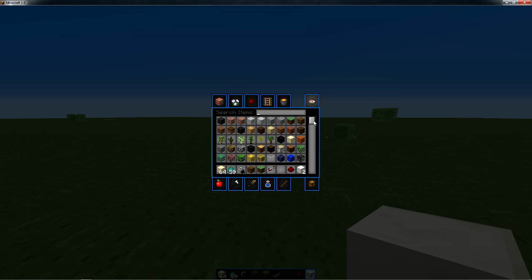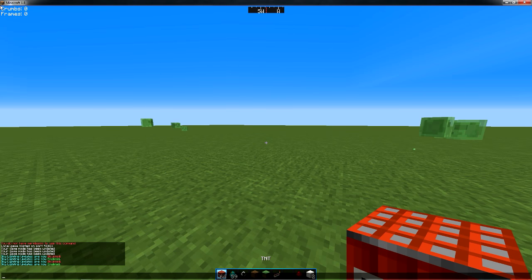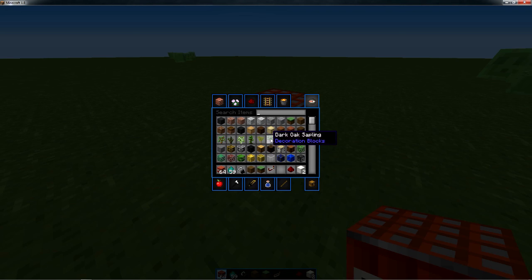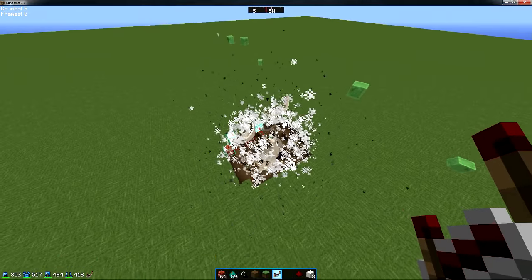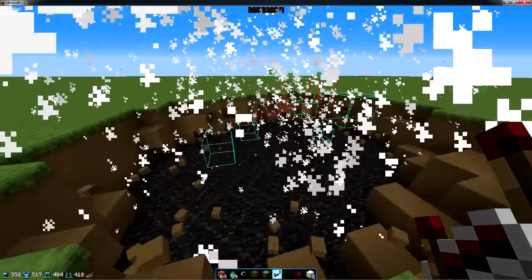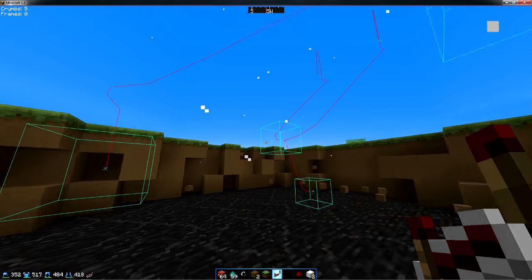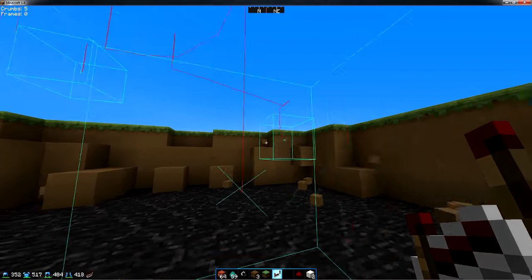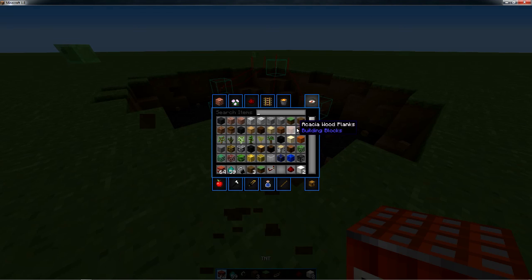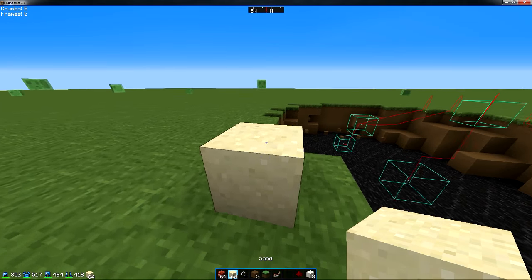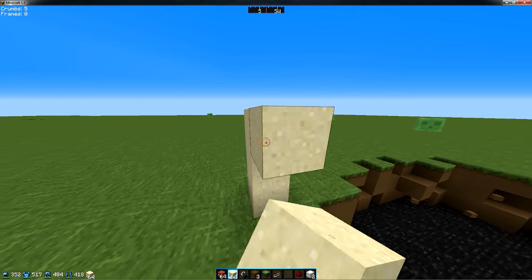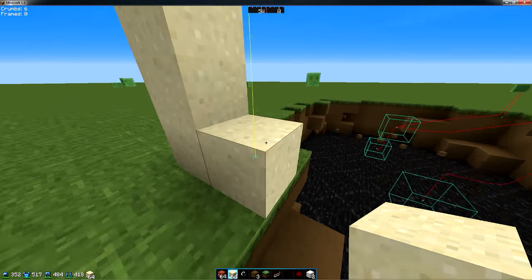So now if we get TNT out, you'll know it's working if there's crumbs and frames up there. But now we can just light this off, and it shows TNT ESPs and all these red lines here, exactly where the TNT traveled to and from, and it'll do the same thing with sand, anvils, and pretty much anything that I'll shoot. So let's see if we can drop some sand. Boom, it shows exactly where the sand went.